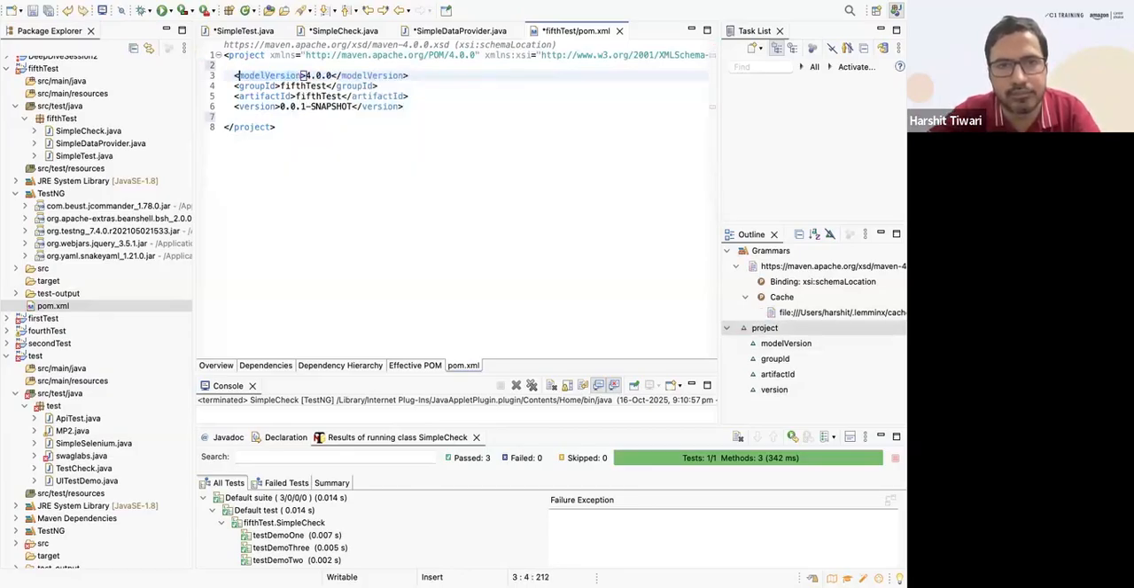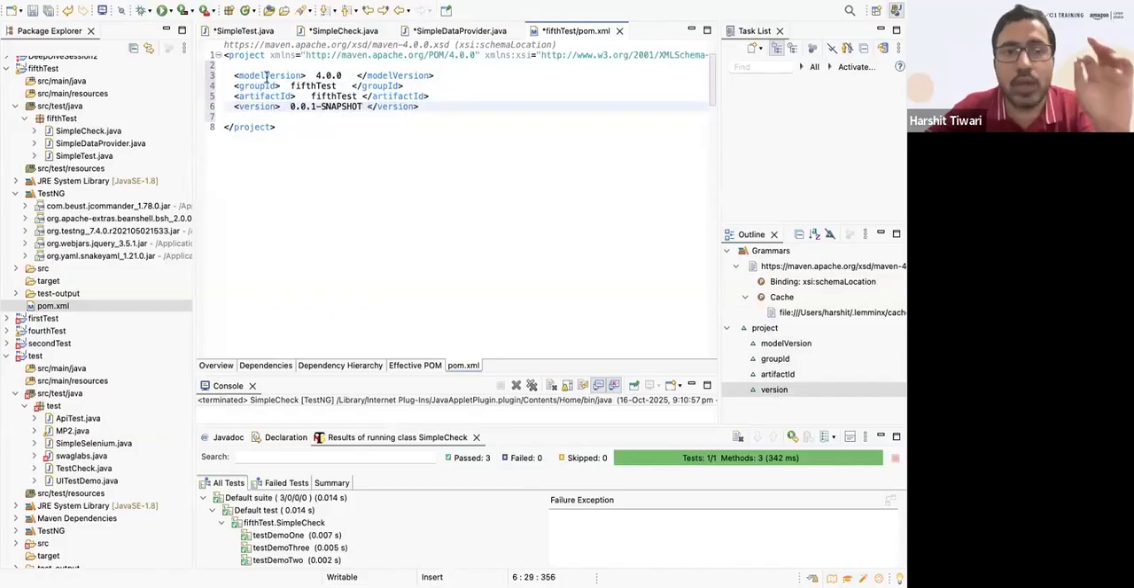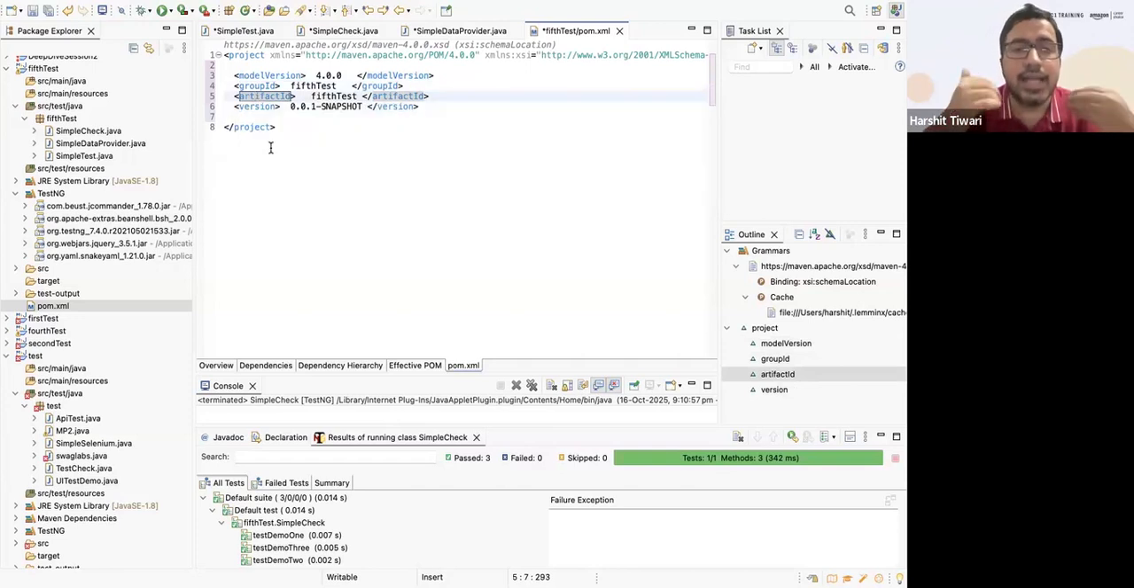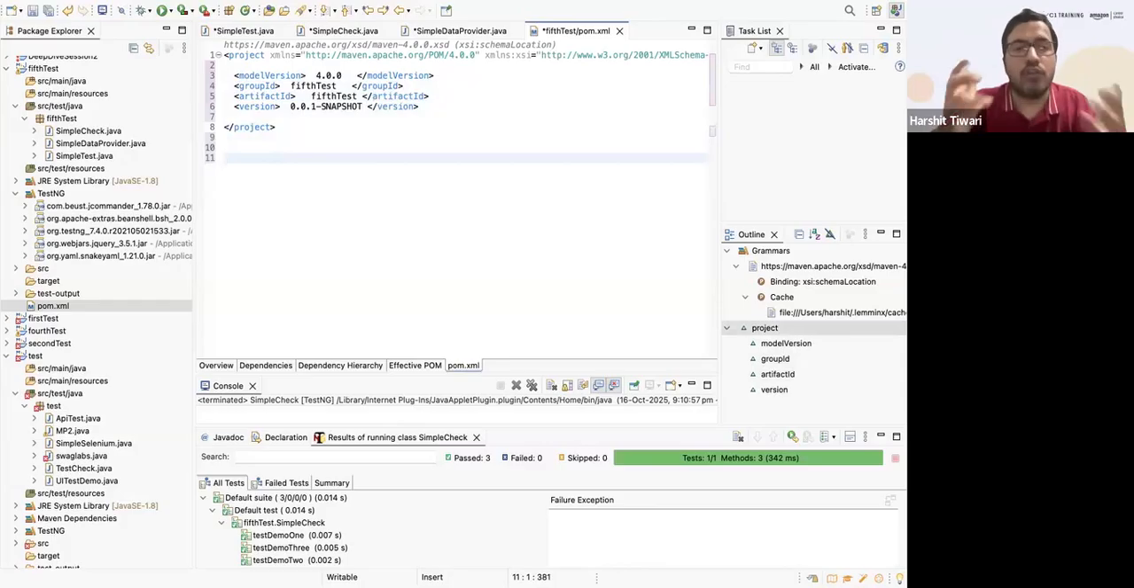The model version is 4.0.0. That's the value. The group ID is this fifth test, and the artifact ID is this fifth test. These are the values. Version is this particular 0.0.1 snapshot. Don't worry about what this model version, group ID, artifact ID is. The point is I can provide data in XML format. What does that mean? I can provide configurations,